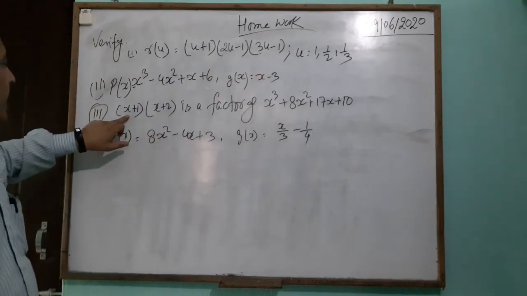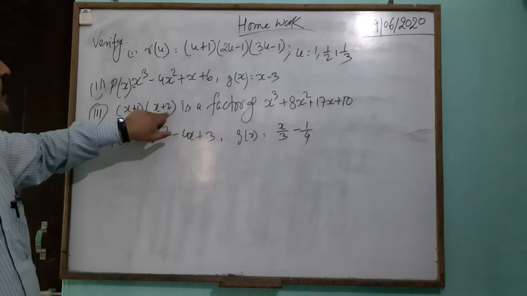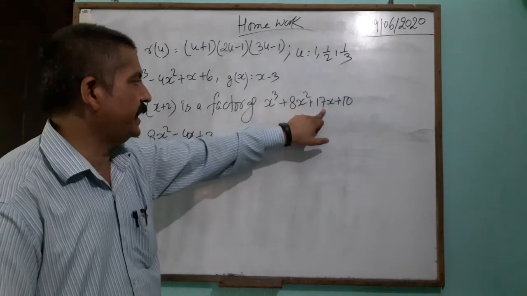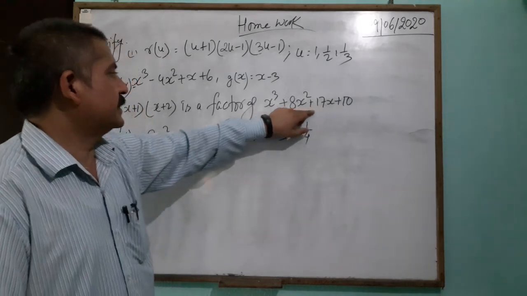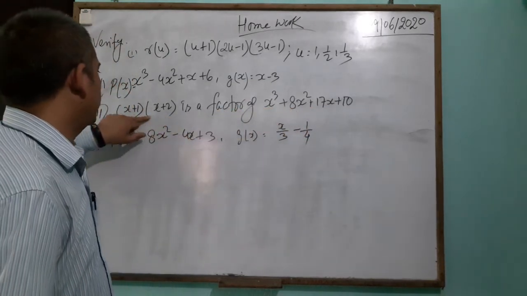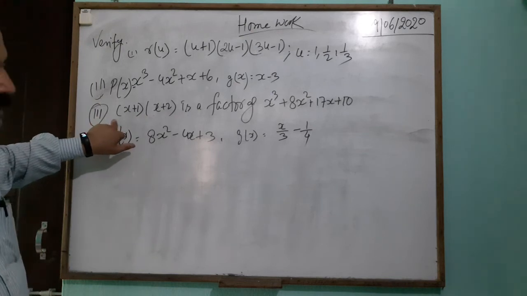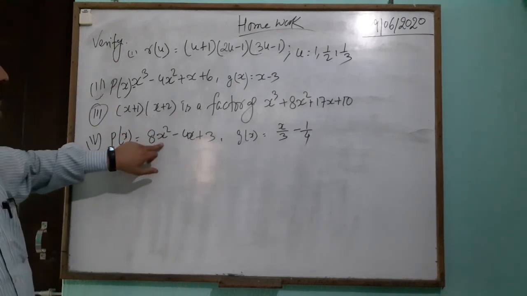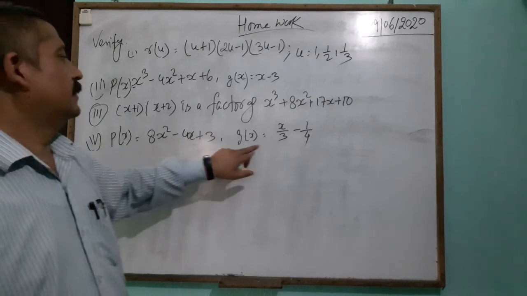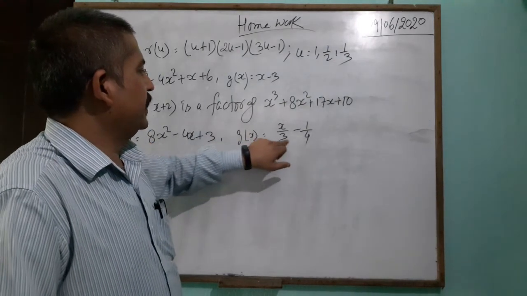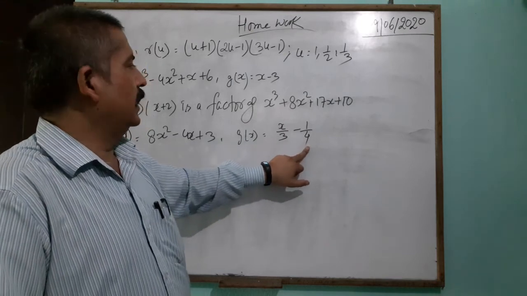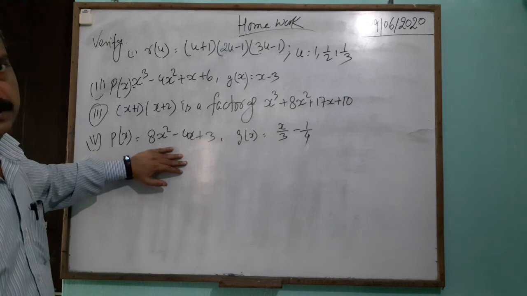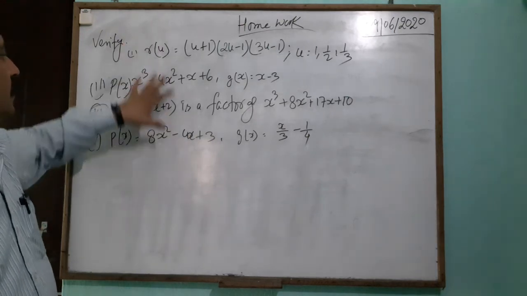Third, x plus 1 and x plus 2 are factors of x cube plus x square plus 17x plus 10, क्या इसका ये फैक्टर है या नहीं है, ये आपको प्रूव करना है या वेरीफाई करना है। थर्ड में था 8x स्क्वायर माइनस 4x प्लस 3 का वैल्यू x/3 माइनस 1/4 अगर पुट करते हो तो क्या इसको वो जीरोस होगा या नहीं होगा, ये आपका होमवर्क है।